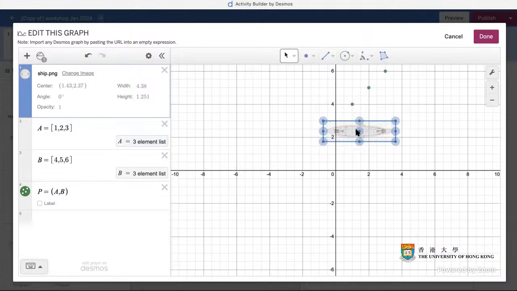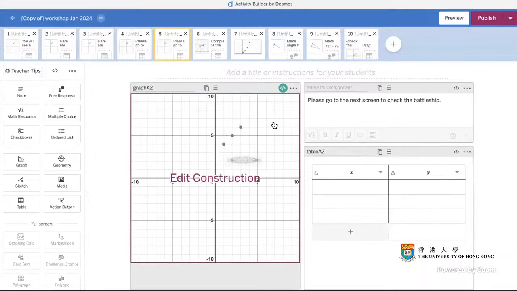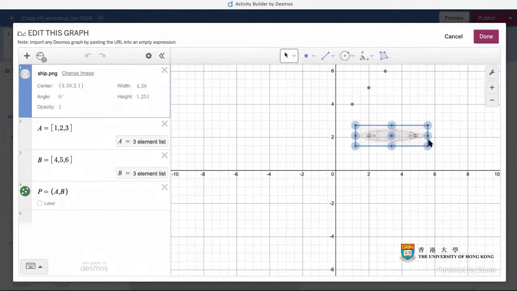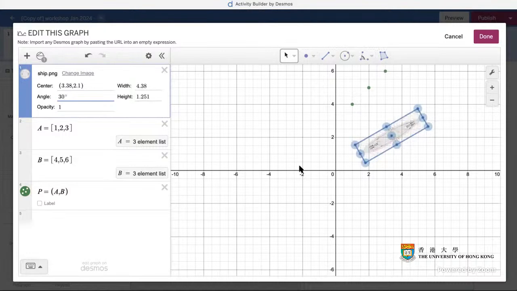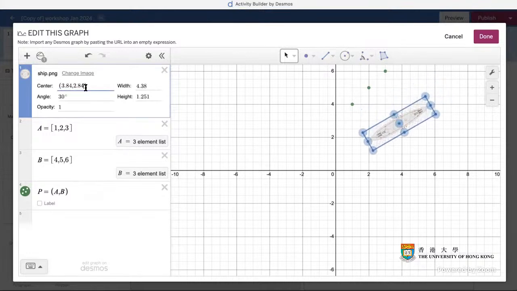And if you're happy with the picture, then you can go out and see how it looks in the preview mode. So in the preview mode, you can see the ship, but not the points. And go back to the graphing area, where you further added the ship here. For example, you can change the angle so that it looks like it has been rotated. And the center of the ship is also specified here, so you can fine tune the